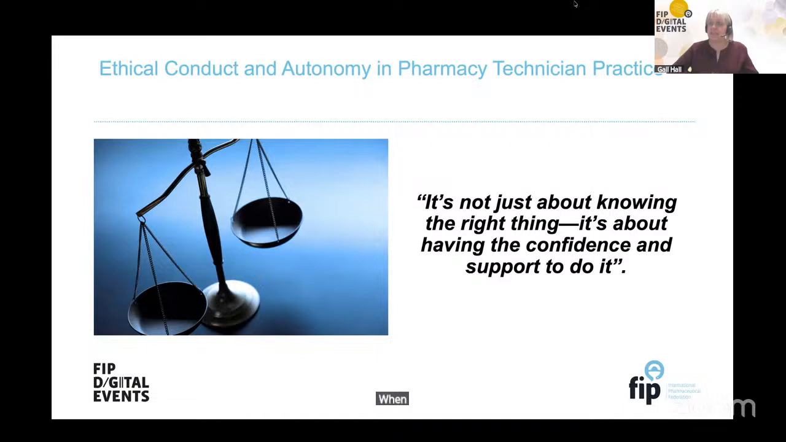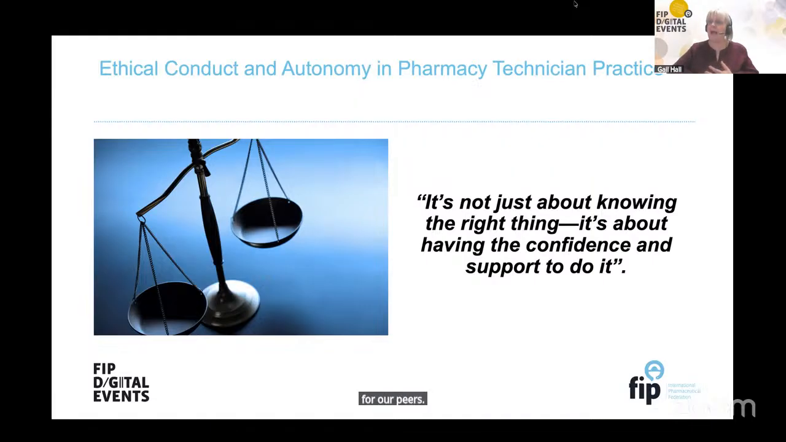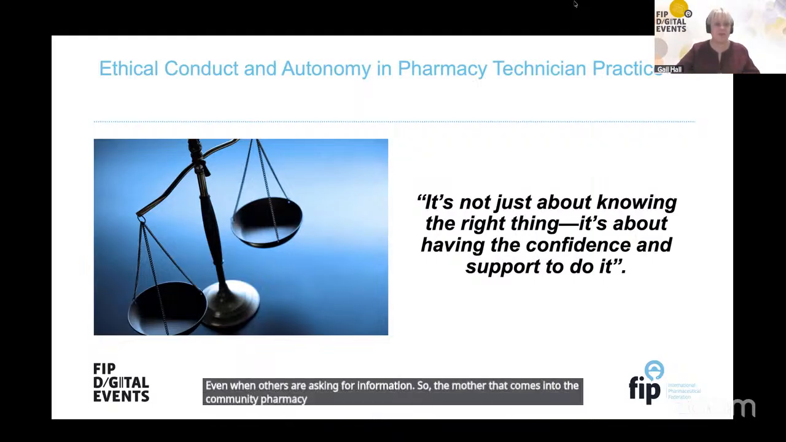When we raise concerns about unsafe practices or errors, even when we are having to raise those concerns about people that are higher than us, higher banded than us, or higher graded than us, or our peers. It's about respecting patient confidentiality, even when others are asking for information. So the mother that comes into the community pharmacy and asks what their daughter has just been in for,